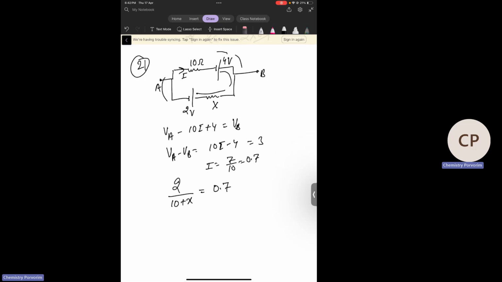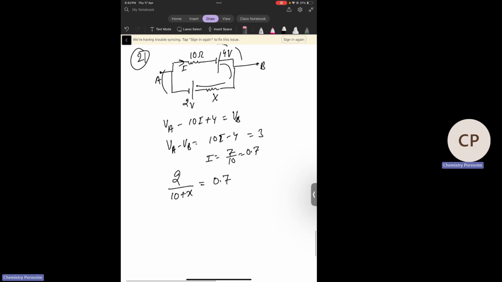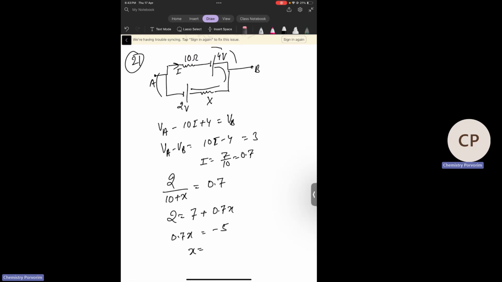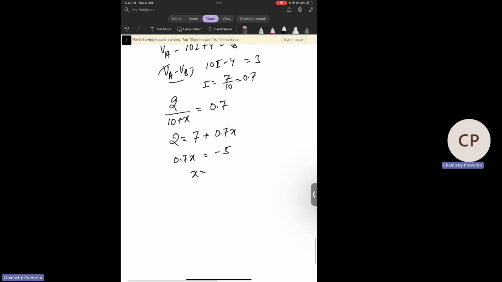from here, high potential, low potential. Okay. 2 is equal to 7 plus 0.7x. 0.7x is equal to -5. X is... The direction is wrong, so here VA minus VB, everything has gone wrong. So look again,